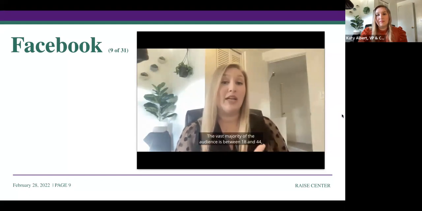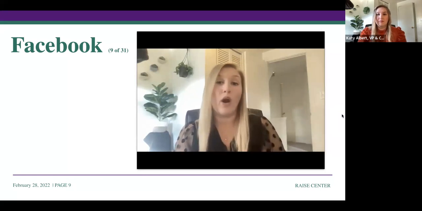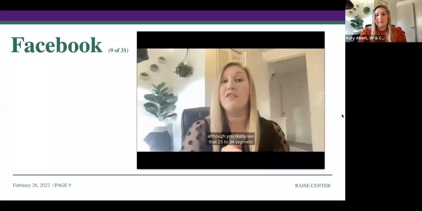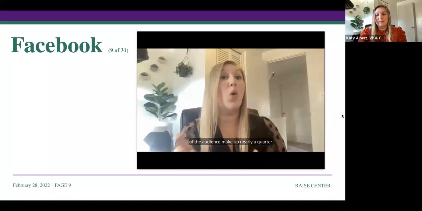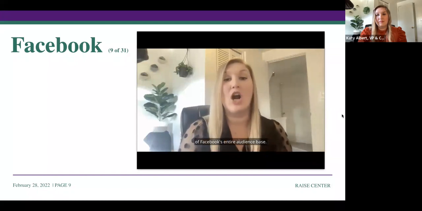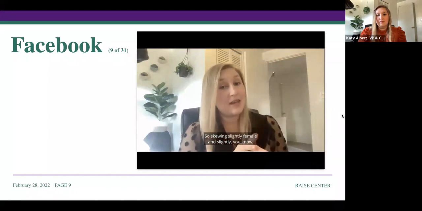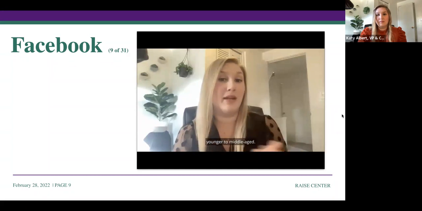The vast majority of the audience is between 18 and 44, although you really see that 25 to 34 segment of the audience make up nearly a quarter of Facebook's entire audience base. So skewing slightly female and slightly younger to middle-aged.